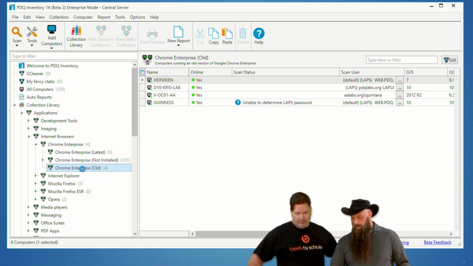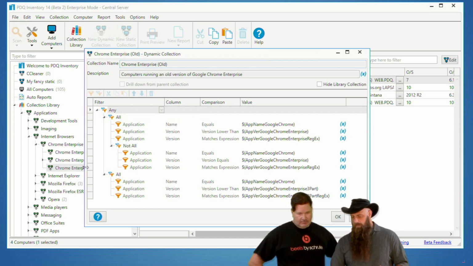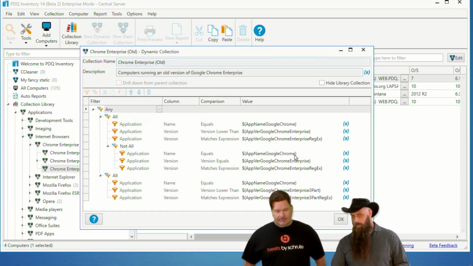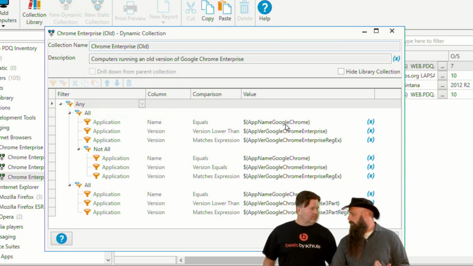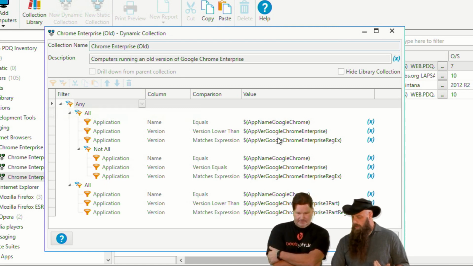Old is very simple. Now we're going to be looking at variables here, so don't get overwhelmed by that. Basically, we're saying you have an application that says Google Chrome or contains Google Chrome, and the version is lower than this. Now the other thing, if you hover over that X on the side, you can see what